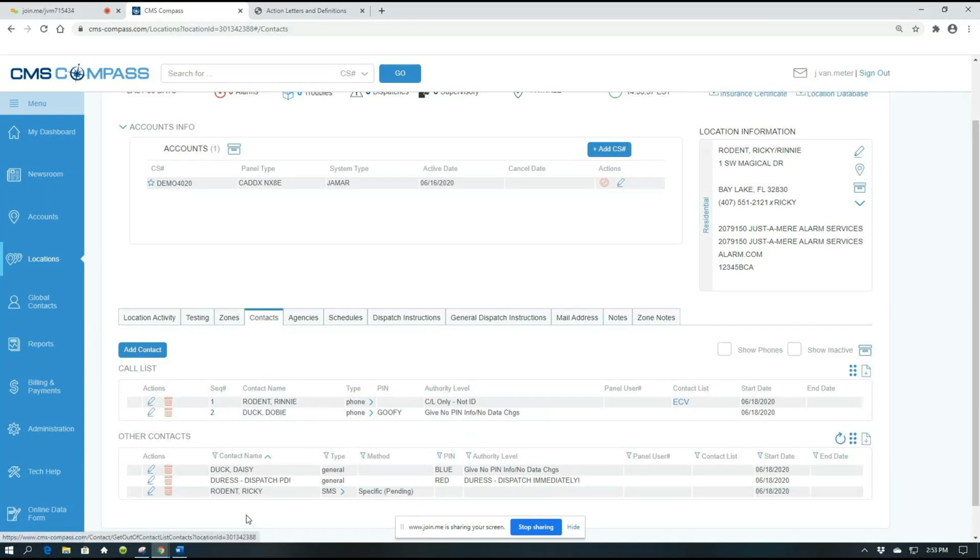And you'll see when we added Ricky, he's now an SMS contact, and he is a pending contact. He will remain a pending contact until he accepts that welcome message. Okay, so that's very important to know. He won't start getting those notifications until he accepts that. So what I would want to do as a dealer is, probably maybe tomorrow, maybe the next day or something like that,